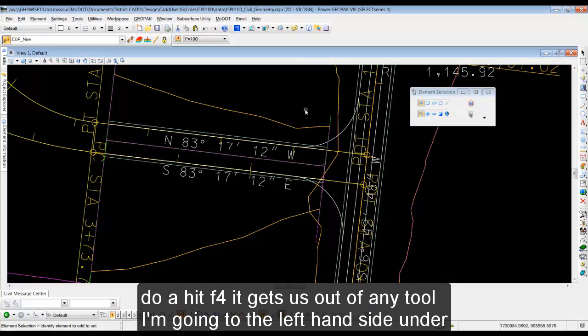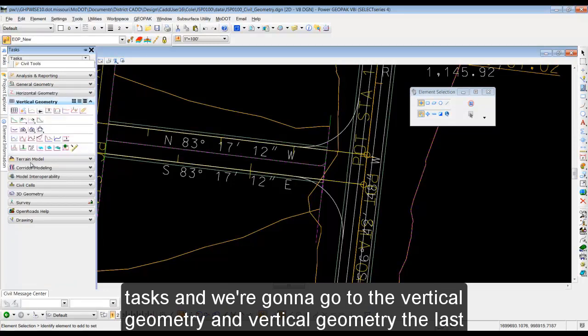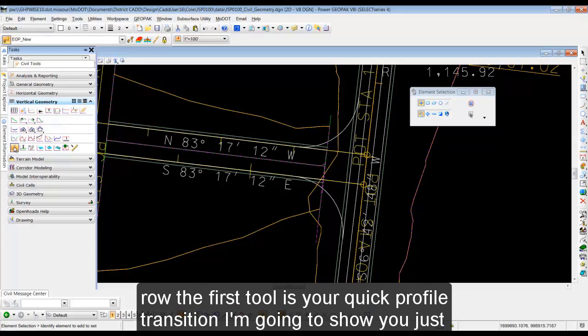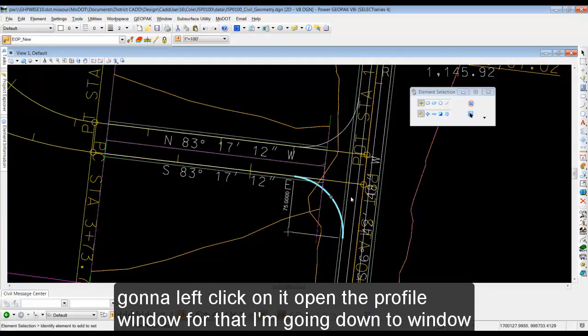It gets us out of any tool. We'll go over here to the left hand side under tasks, and we're going to go to the vertical geometry. In vertical geometry, the last row, the first tool is your quick profile transition. I'm going to show you just really quick what's happening here. We're going to do this south one first, so I'm going to left click on it,